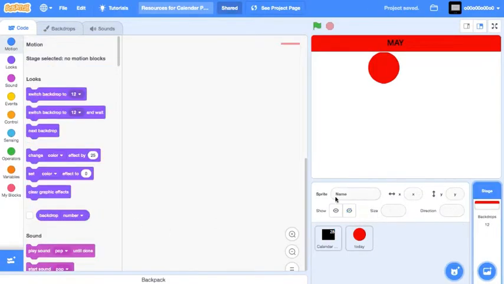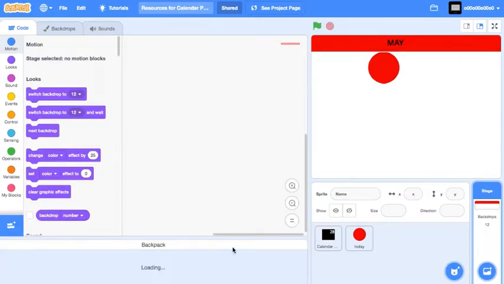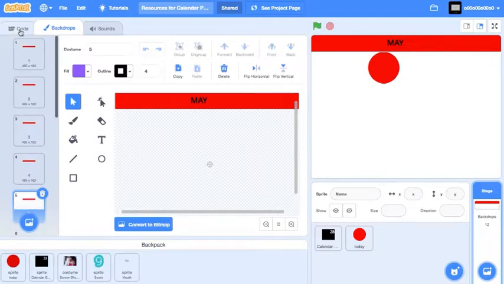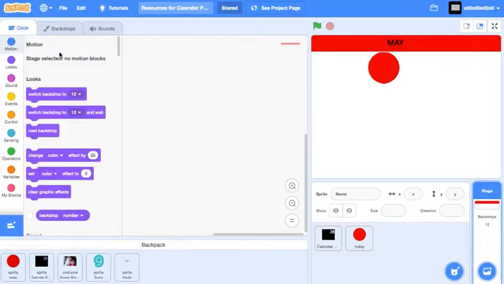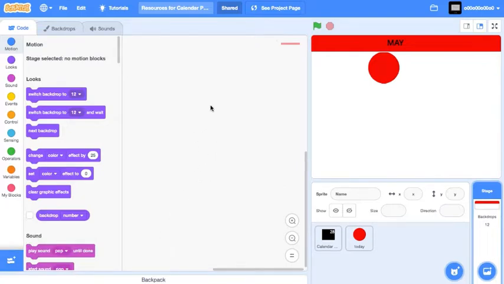And we also need all of these backdrops. So let's just take the backdrop in. So let's just start with this project.